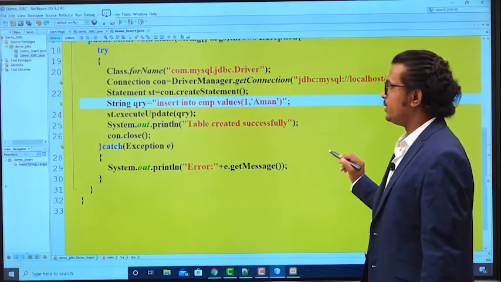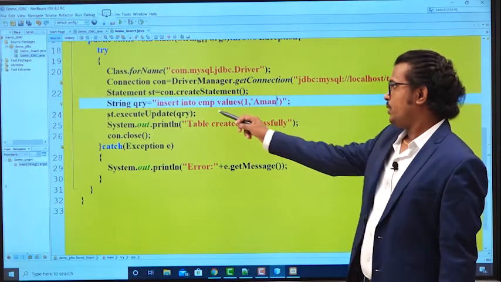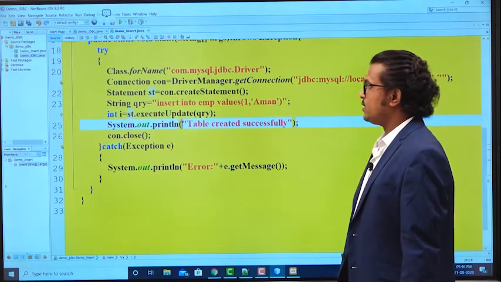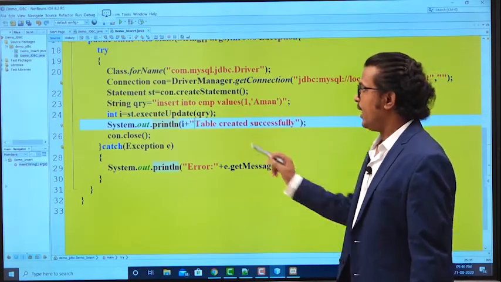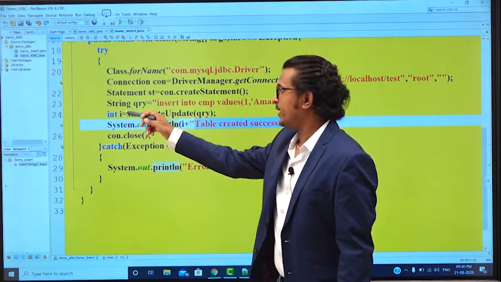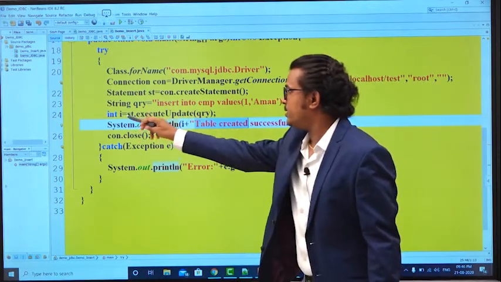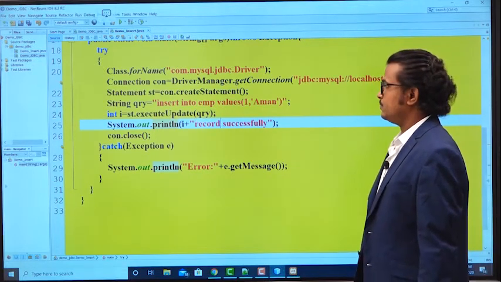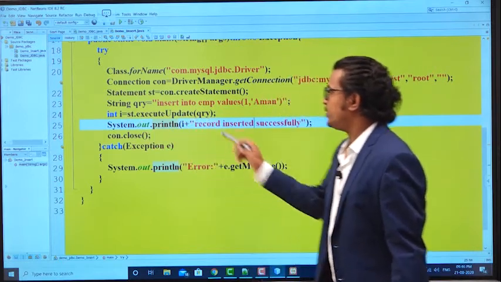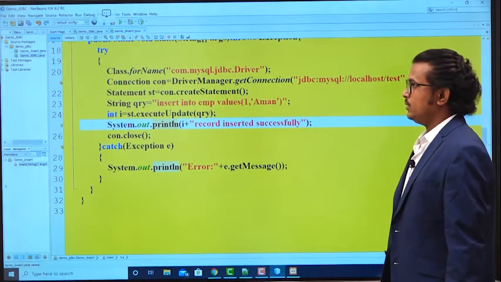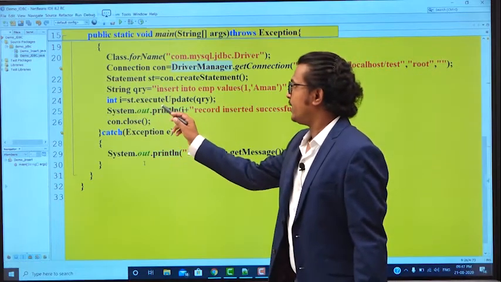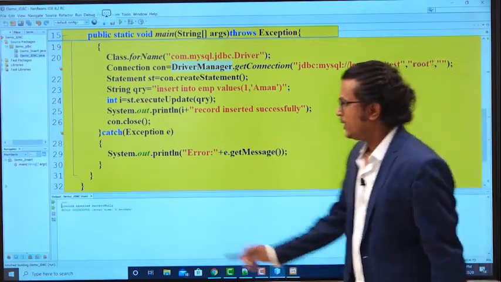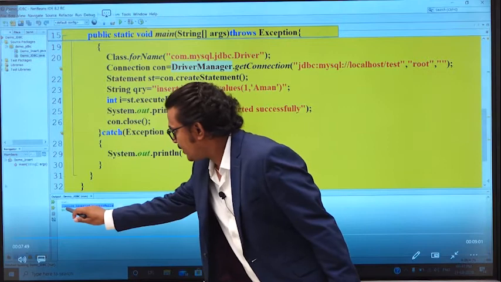I'm passing some information. Here, which statement do we have to use? We have to use the executeUpdate method. Here it returns how many records are affected, which I'm storing in an integer and displaying here. Okay, this is the syntax for storing the information you got from executeUpdate in an int i. So run that particular file. See here, one record is inserted.